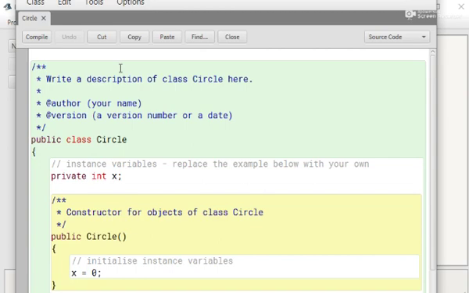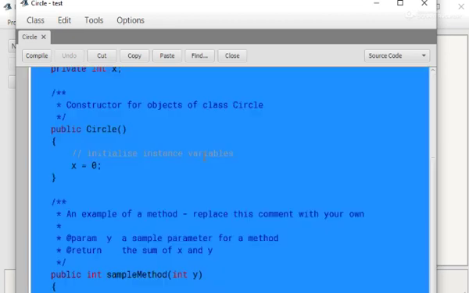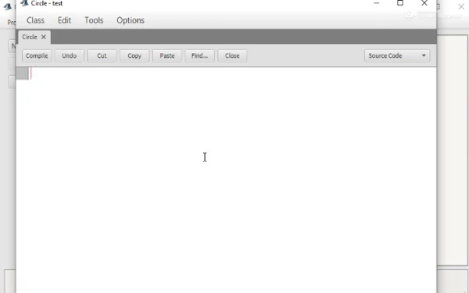Your editor window will appear on your screen, and then you can see there is already written some text on your editor. These are the sample that how can you write your program. In starting, first you select all the content by pressing Ctrl A. This will select all your content, then press delete button. This all will be deleted.